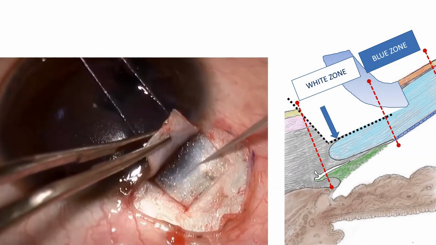Hence, note how the color of the white zone also becomes bluish, because here we are directly above the Schlemm's canal. While the blue zone, instead of appearing blue, now actually appears transparent because we are in the cornea with only the Descemet's membrane and endothelium below. This just shows that after we have made the scleral flap in trabeculectomy, the color of the blue zone and the white zone changes. The blue zone becomes transparent and the white zone appears bluish now. So I hope with all these diagrams, all the surgical limbus landmarks have been understood well.